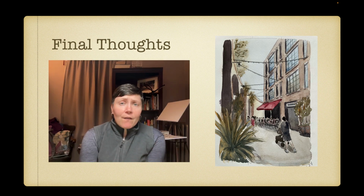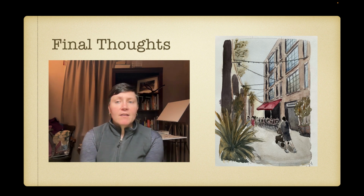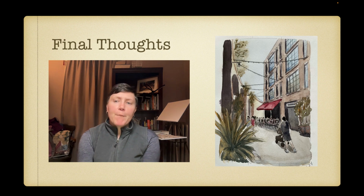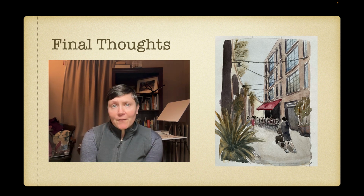Like, I love color to a fault. Go back and see my grass market sketch for proof. I maybe like color just a little too much. But for me, to use this combination all the time, I think I would get really bored because it's so sort of somber. But again, for architecture, for working fast, for getting the basic colors and values on the page,